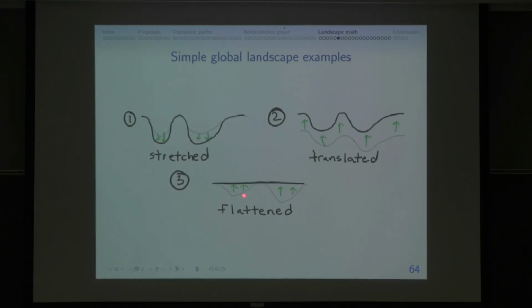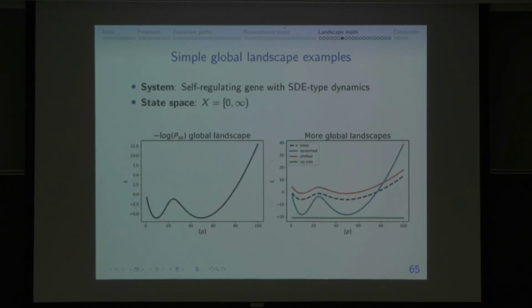Another thing you can imagine doing is completely flattening everything. And you might say, well, what's the point of thinking about something like that? That doesn't tell you anything whatsoever. And you'd be right if you said that. But it also doesn't tell you anything that's wrong. You're like, totally, it could be whatever. So that's the trivial example of a landscape. Here are all those three examples, just pictured.